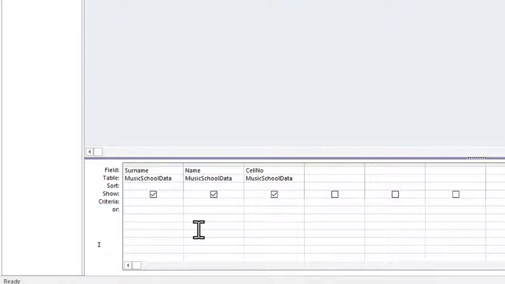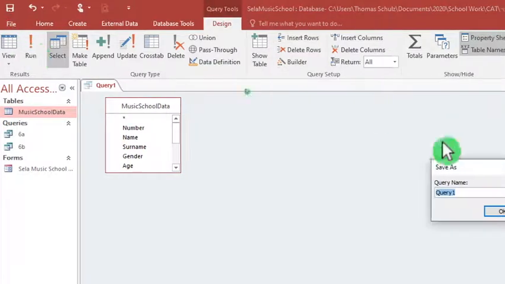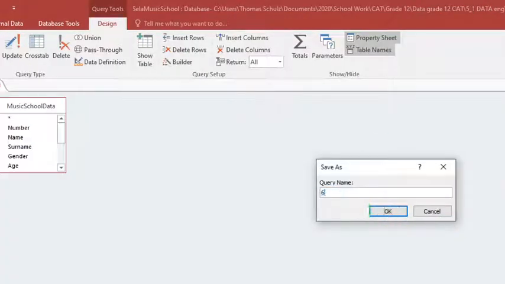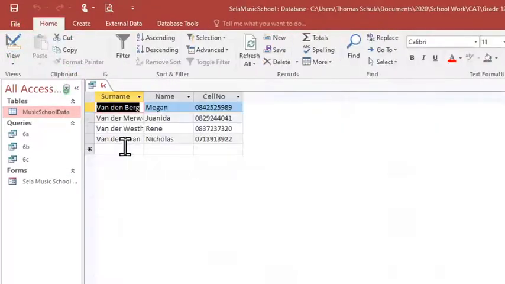So in the criteria option, I can use my operator like, and because it's text, I'm going to use quotation marks. I'm going to say fun, asterisk, because it starts with that, and I'm going to close my quotation marks. Right, if I can save this and run and give the name 6c, okay,